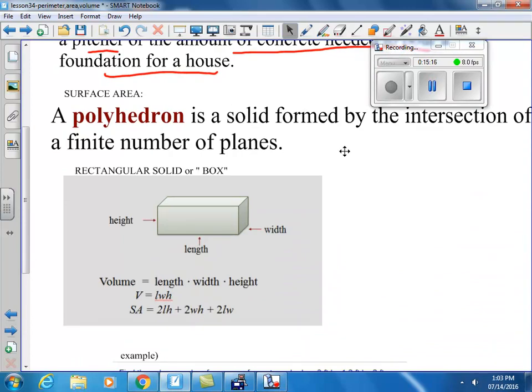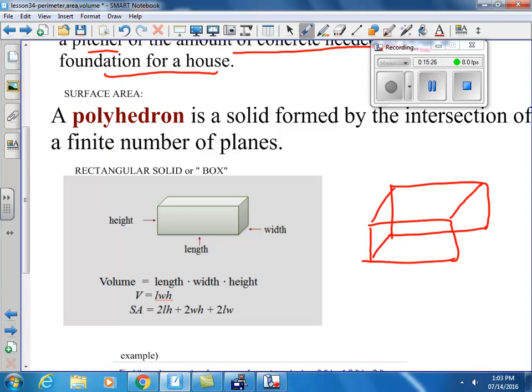Okay, volume of a box, and I'm just going to kind of draw that. So if we have what's called a rectangular solid, here's how I would try to draw it in three dimensions. Now we're living in 3 dimensions, right? Volume of a box is length times width times height, LWH. Surface area of the box is 2LH plus 2WH plus 2LW. Now you could memorize that,